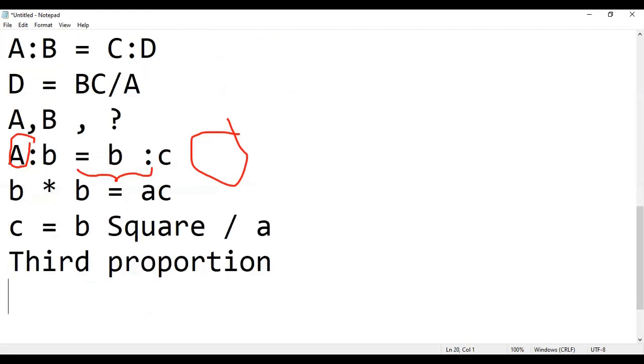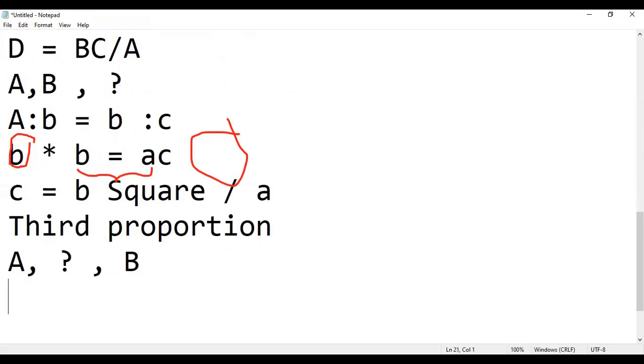So yesterday, through Metal, one company recruitment was completed, ma'am. In that they asked the question, find the fourth proportion of 0.08 like that. Okay. Next one, third proportion. Sometimes if they give the A value, you have to find the middle value, and if they give the B value, it means that you have to find the middle proportion between A, B. It is not the average. Okay. So how can we find it?